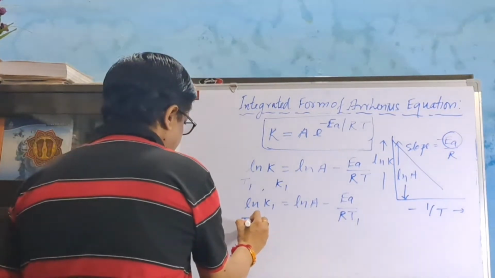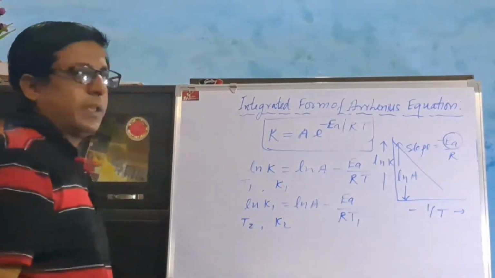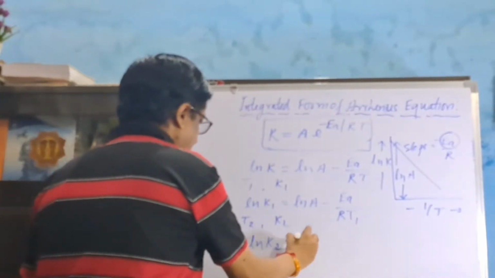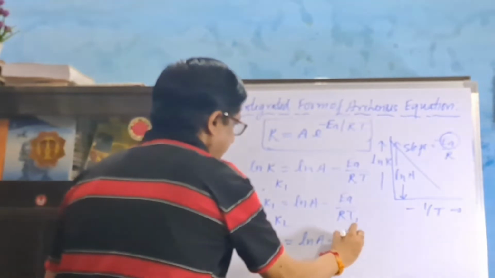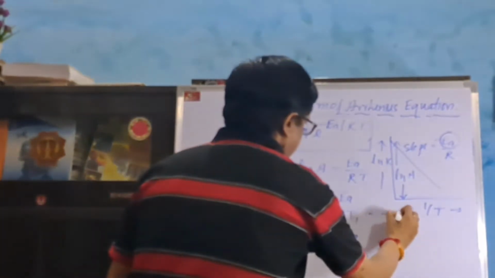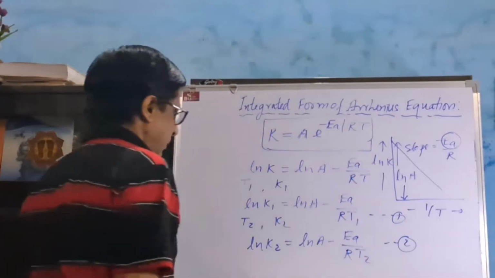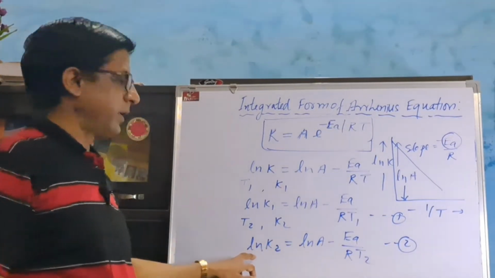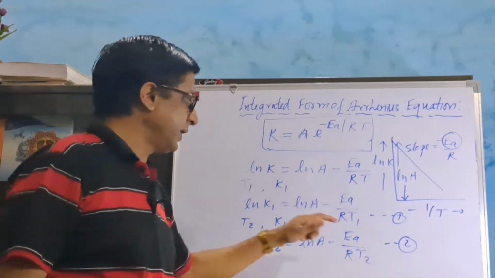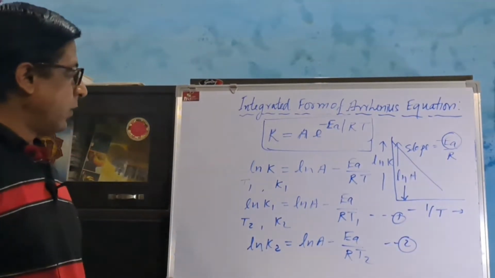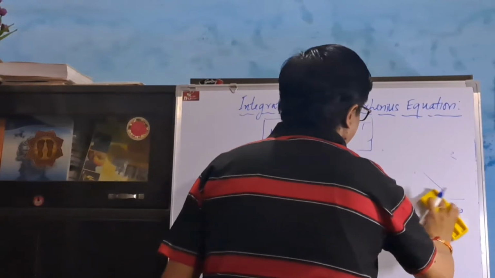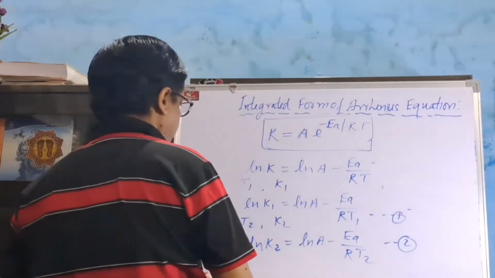Now, if at temperature T2 the rate constant is K2, then we have ln K2 is equal to natural log A minus Ea upon RT2. This is equation number 1 and this is equation number 2. Now, from equation 1 and 2, on subtraction, we can obtain the equation